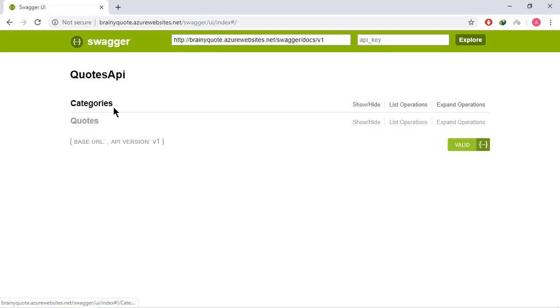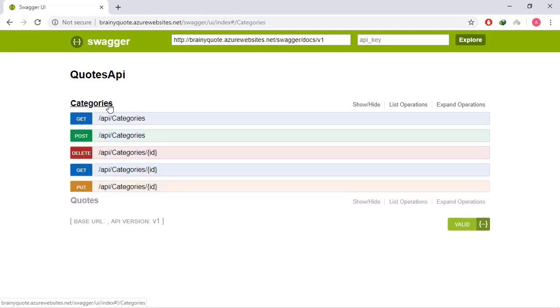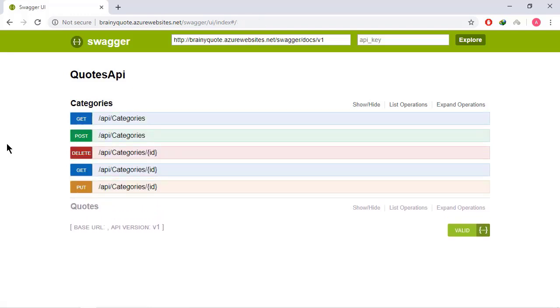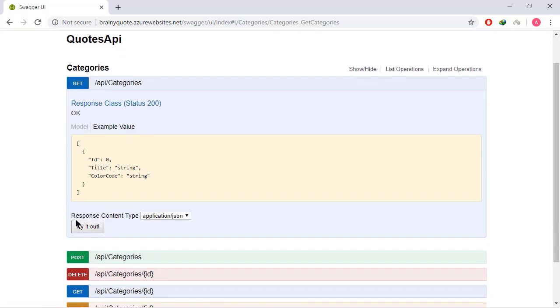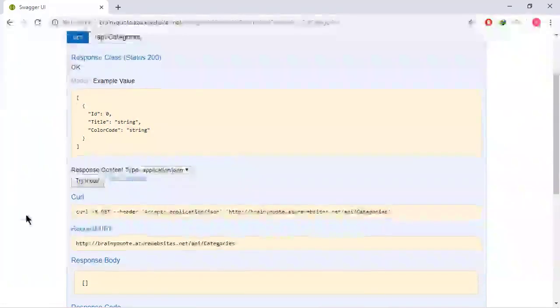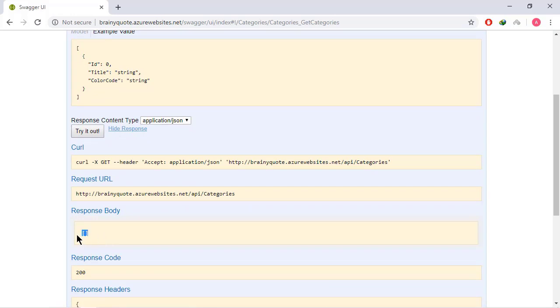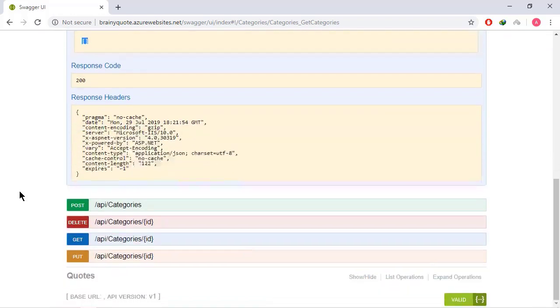Now let me go to the category section. And inside this, we have this post, get, put and delete requests. We are interested to use the get and the post request of this category. If we call this get endpoint, then we will get nothing because there is no data present inside our Azure SQL database. So we need to add some data inside our SQL database, and in order to add the data, we need to perform the post request. So let's go to this post request,